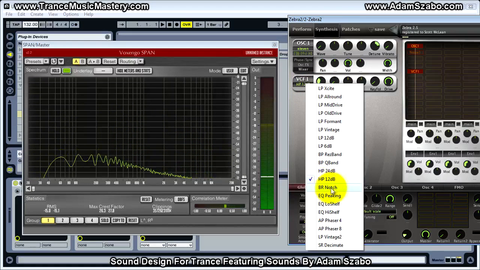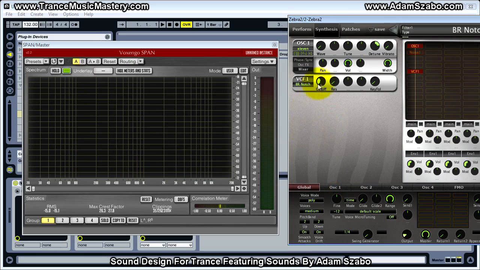Okay, and then the band reject notch filter. This is sort of the opposite of a bandpass filter. This will allow frequencies outside of the band around the cutoff frequency to pass through the filter, and it will actually filter out the band right around the cutoff frequency. So if I play this,